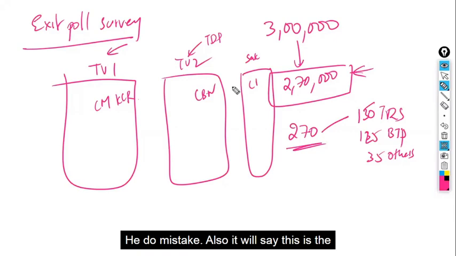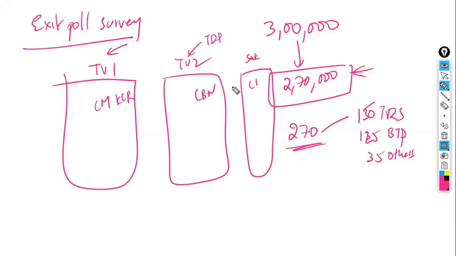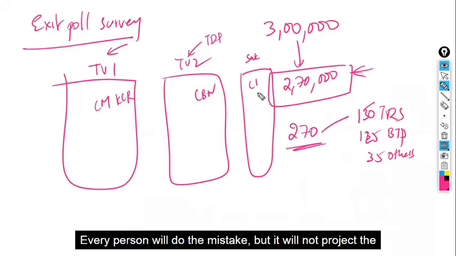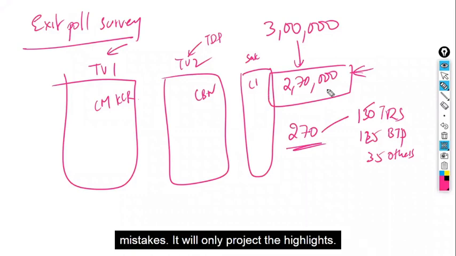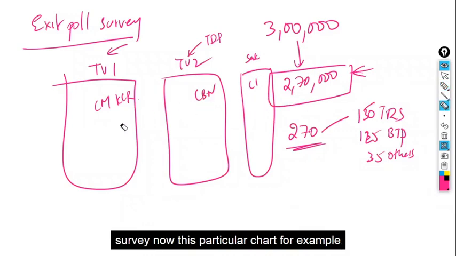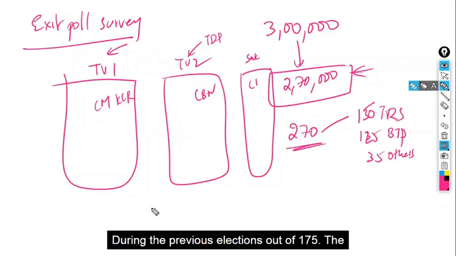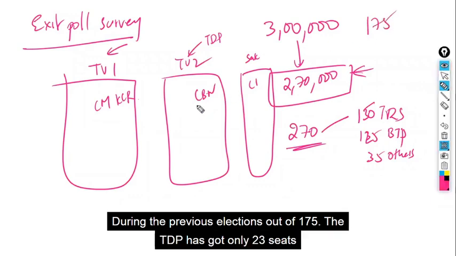Though he does make mistakes also, he will say this is the best only. Every person will make mistakes, but they will not project the mistakes. They will only project the highlights. Now, in this particular exit poll survey, for example, during the previous elections, out of 175,